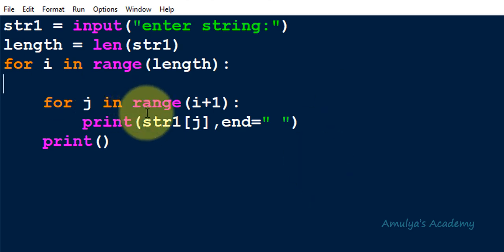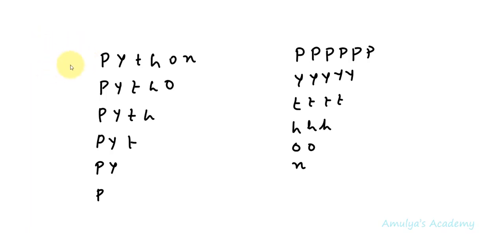And here in this for loop, in this pattern we have 0, 1, 2, 3, 4 and 5. This is the row number. At row 0, I want the character in 6 columns. At row 1, I want the character in 5 columns. Here 4, here 3, here 2, here 1. So that's why here the length is 6